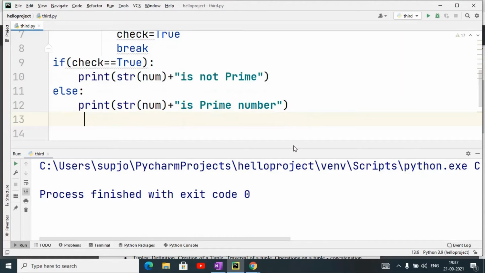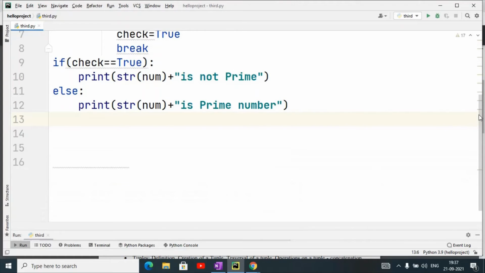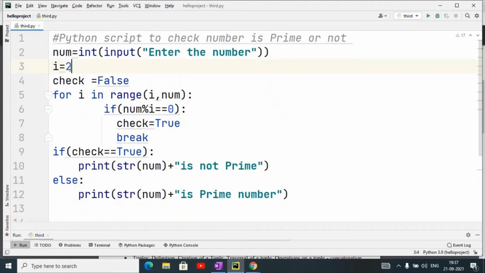So this is the whole logic of the prime number. Let me tell you again how we will check. First of all, we enter the value. Why am I taking i equal to 2? Because a number is prime if it is divisible only by 1 and itself, so we have to check all the values between 1 and the number itself. We take all these in a loop, repeating the task for i from 2 to less than num.